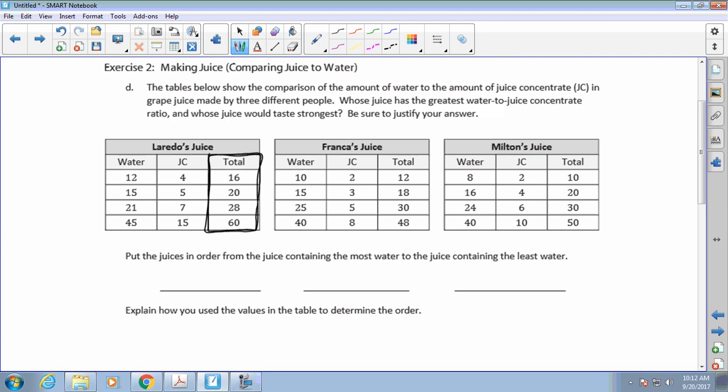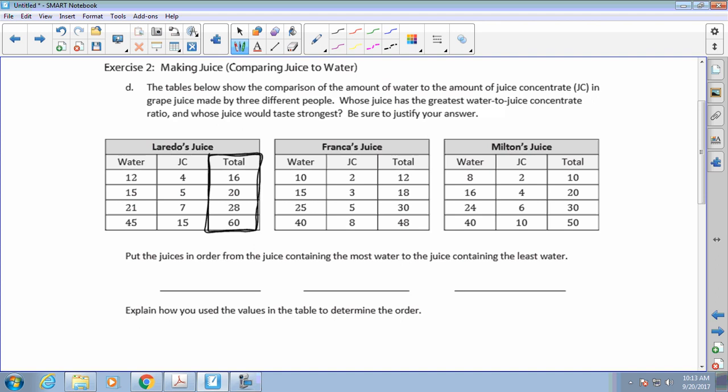So we have 3 people, Laredo, Franca, and Milton. All right, so some fun names. Laredo, kids last year told me that sounds like a perfume or a cologne commercial, and that it was somebody riding a horse off into the sunset, and there's a lovely lady there that would whisper his name into the air, Laredo. So, Laredo. All right, anyway, and then we have Franca and Milt. All right? So, now that we've had that little chuckle,